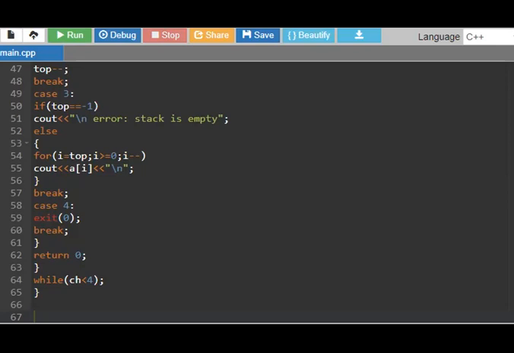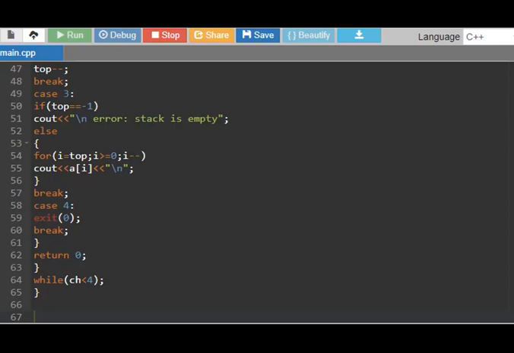So the statement is displayed as stack is empty. Then another one: if the choice is 1, they enter the size of the stack.